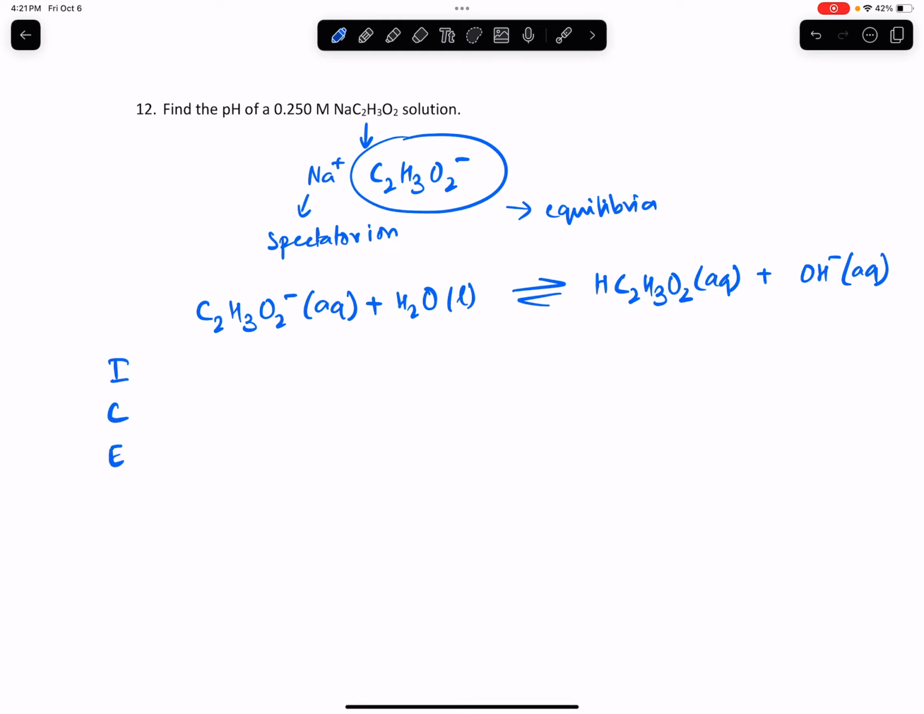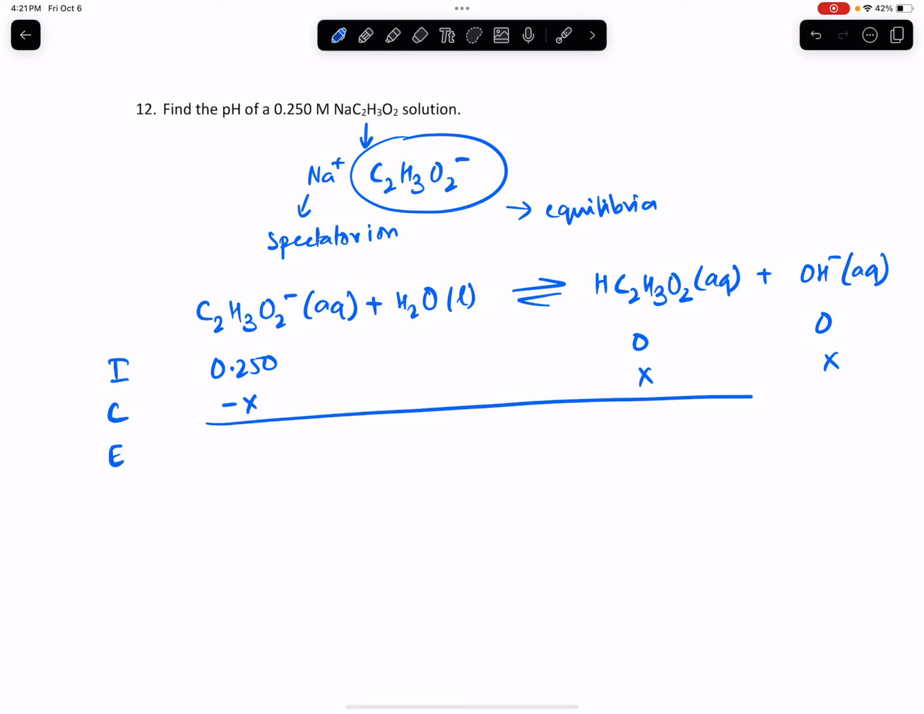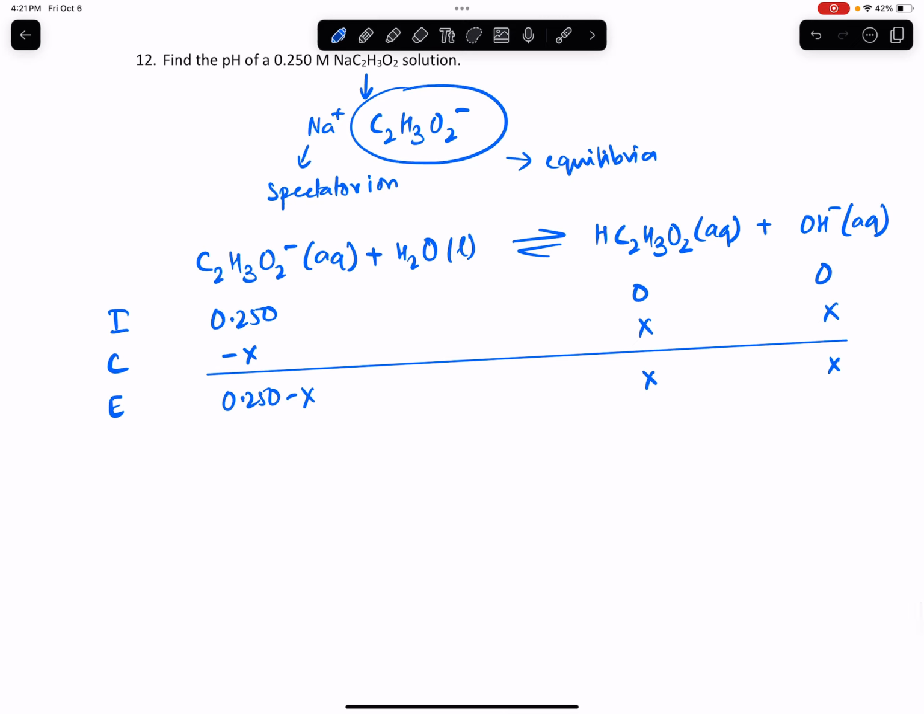All right, so let's go ahead and use our ICE-table logic. Initially we're given 0.250 molar, which is the same as this in solution, 0.250 molar. And then you have 0 and 0, and then the change is going to be minus x, and then x and x, and then at equilibrium you're going to have 0.250 minus x, and x and x. Okay, so the next step is we're going to write K. Since this is a base, we're going to use the base ionization constant. Okay, so Kb is equal to